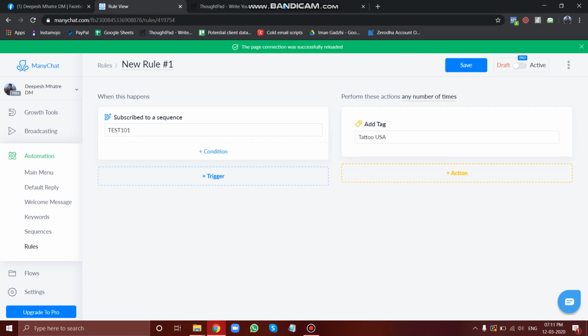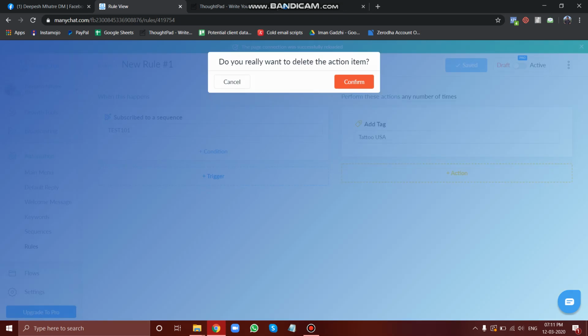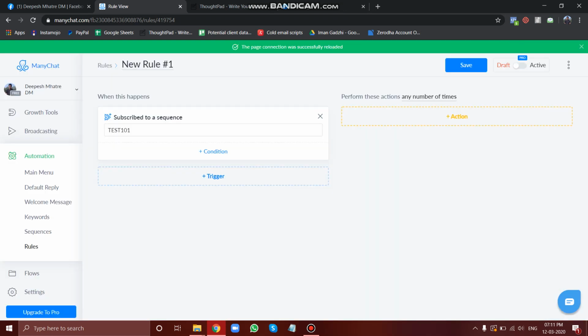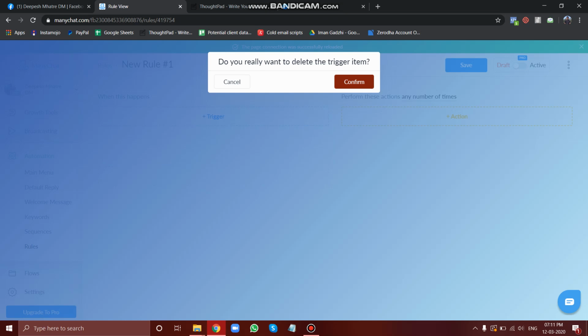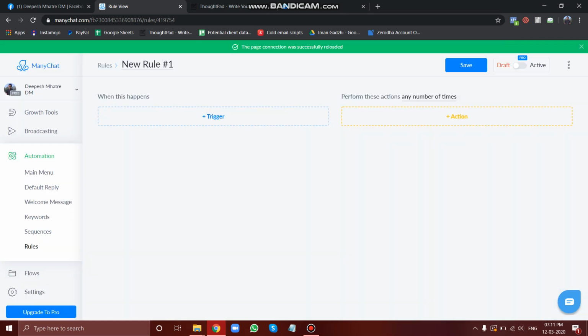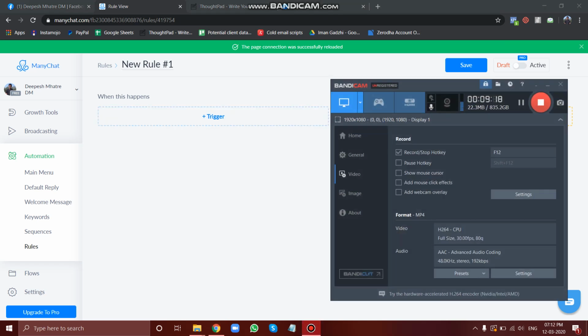Now if I save this, whenever somebody subscribes to my sequence, he or she will automatically get this tag, like the tag USA or something. These are triggers which can be useful if you are into e-commerce, or if you have a large amount of customer data or a large subscriber base. This is one of the useful features you can use. So this was it for this module,